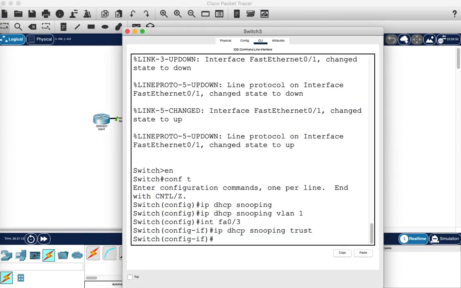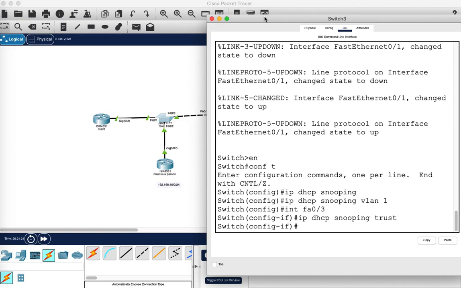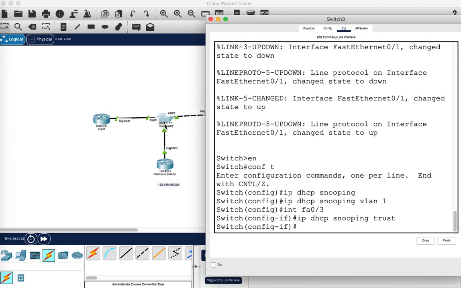In order to prevent the man in the middle attack, I have to type some commands in this switch which is nearby the client. One command is IP DHCP snooping VLAN 1. Then I have to select the interface which is connected to the server. Then I write IP DHCP snooping trust, that is, I make the port a trusted port. After that I have to type another command, that is no IP